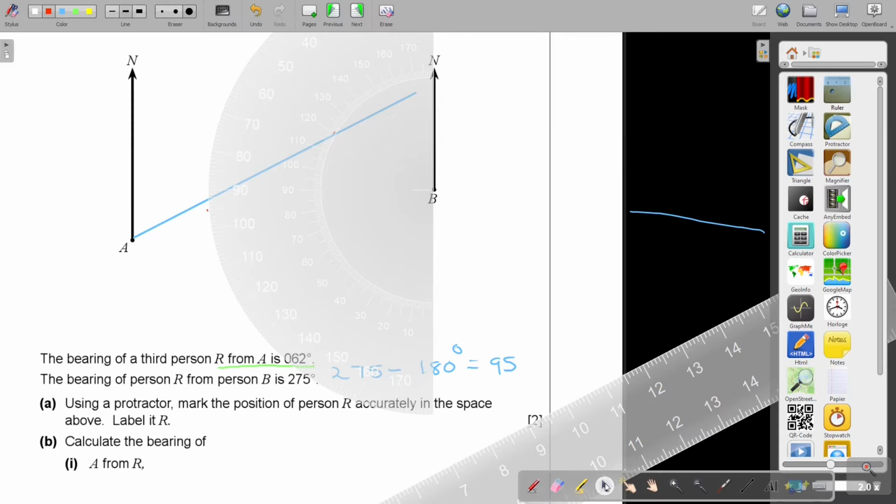Okay, so again I do the same. I take this and I move, and then from B, oh, did I just want to check? No, I didn't work from B, I worked from N. Can we redo it? I made this mistake so that you can be careful not to make it. What I did is I worked from there 95, and can I just show you? This angle must be from here 95, so I will now undo that line. Meaning it will be the 180 plus that 95 that gives me the 275.